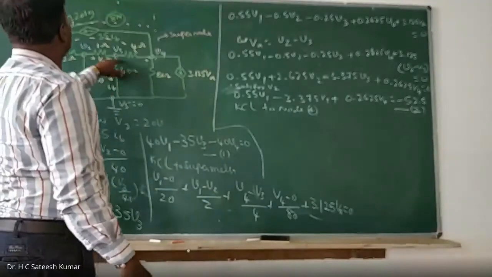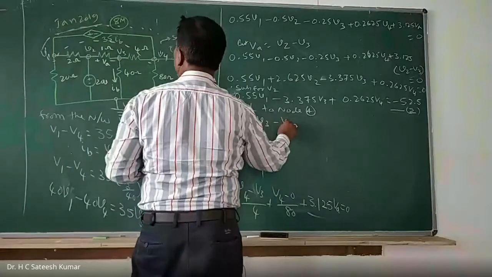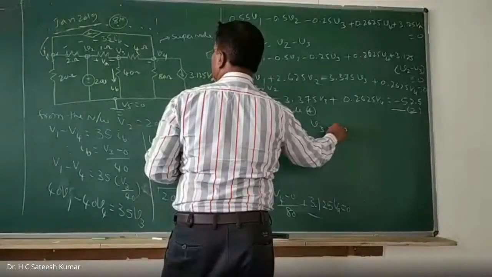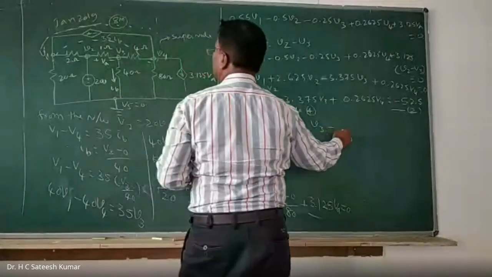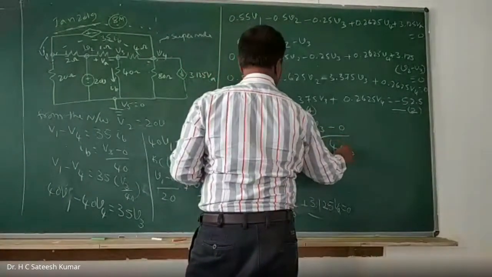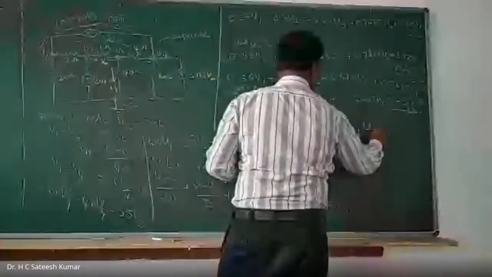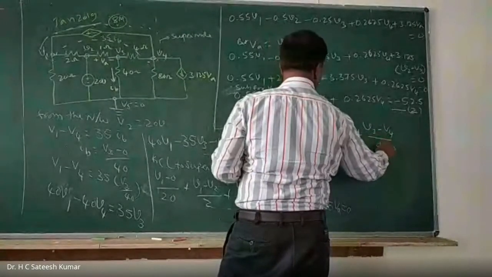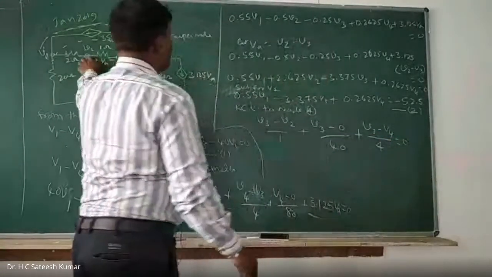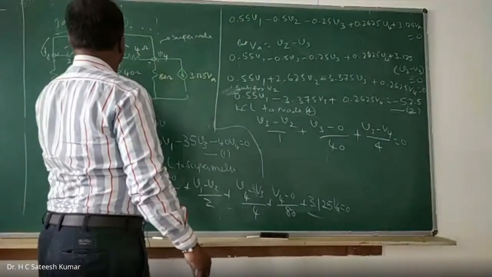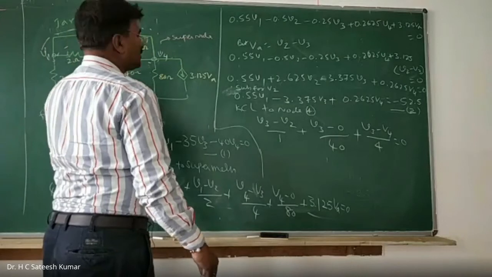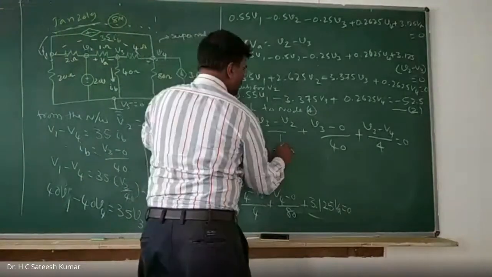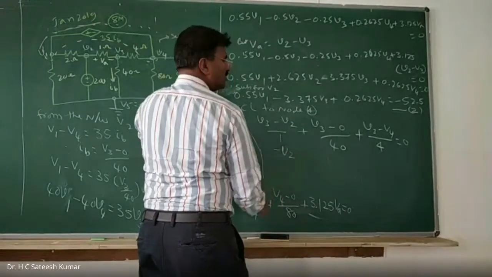You can write it: V3 minus V2 by 1, plus V3 minus 0 divided by 40, plus V3 minus V4 divided by 4 is equal to 0. V3 minus V2 divided by 1, V3 minus 0 divided by 40, and V3 minus V4 divided by 4. Okay, V2 coefficient minus V2. V3 coefficient: